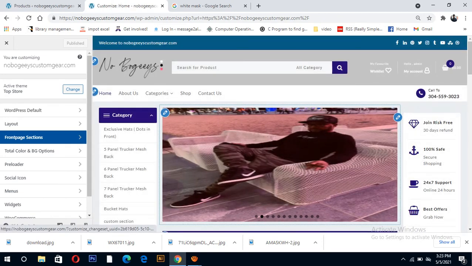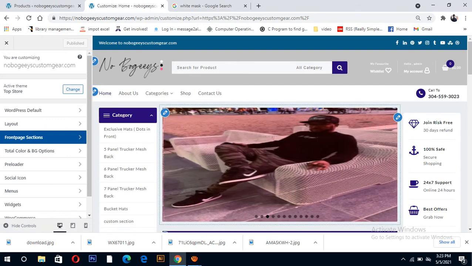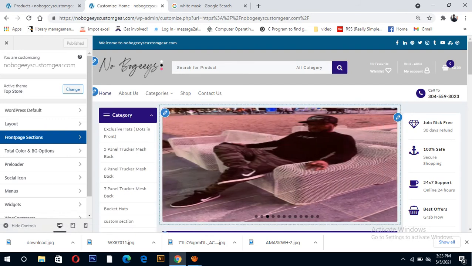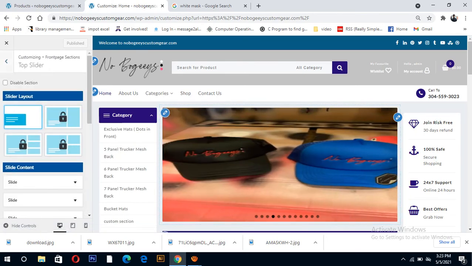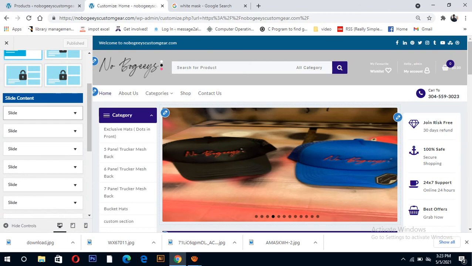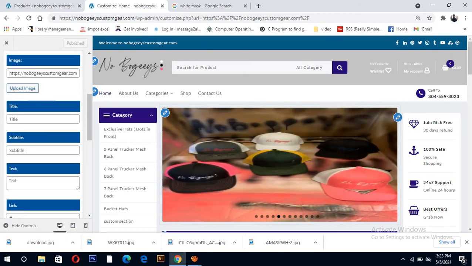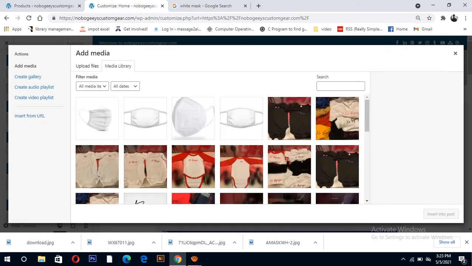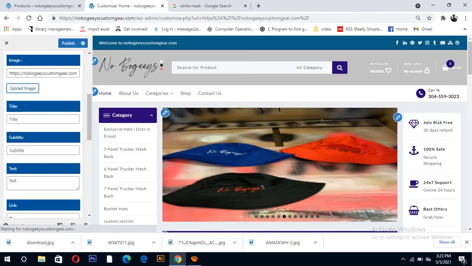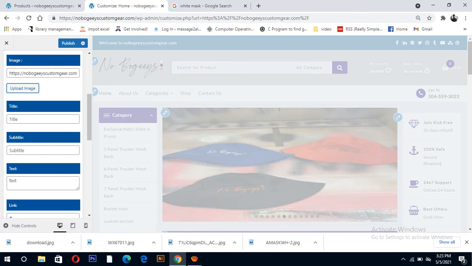First I can show you here you can add any picture or remove any picture, then click here, then you can see some products, click here to upload any change.